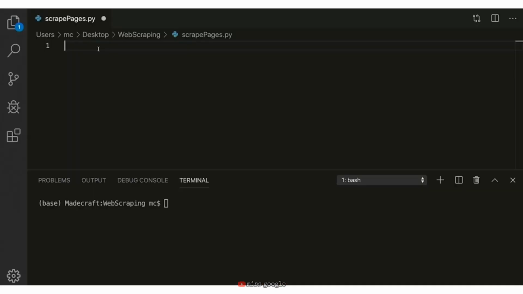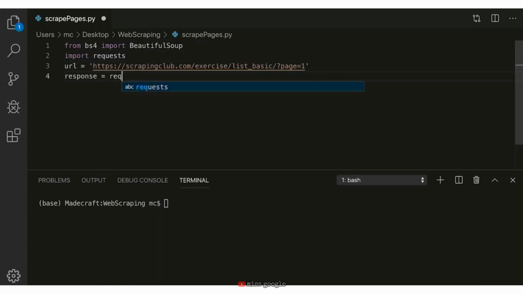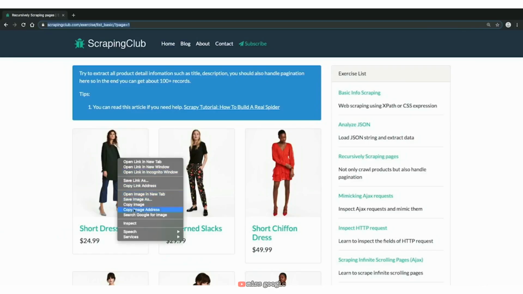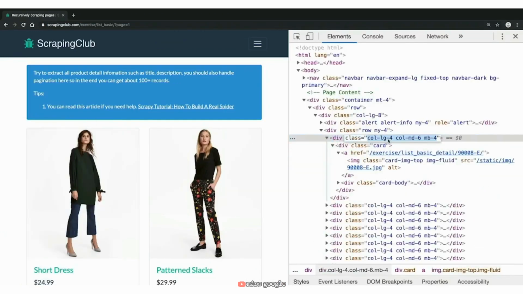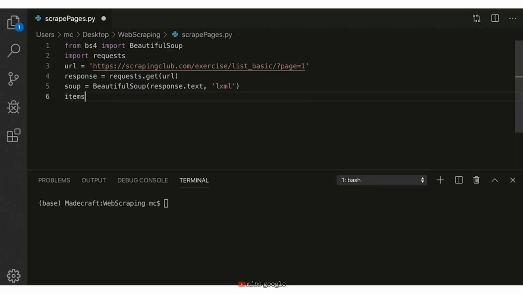I'll start by creating a request to the website and then parsing the response. Next, I'll inspect the items to see what tags and classes I need to search for. So let's go ahead and open up the inspector tool. For this example, it seems each item's price and name is housed within the div tag in this class, column, large, four, column, medium, and so on. So let's go ahead and use the findAll function to grab them. Heading back to the Python document,